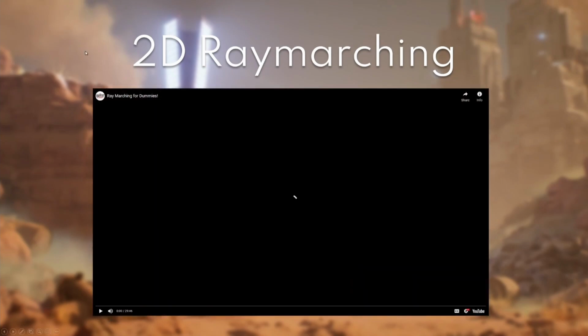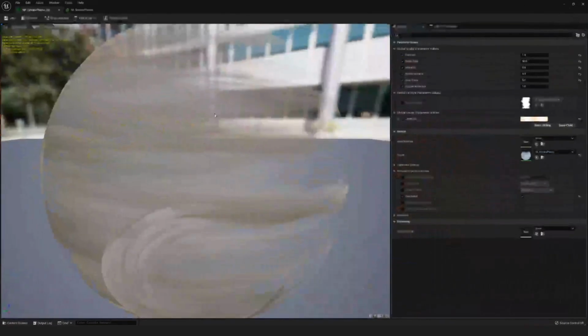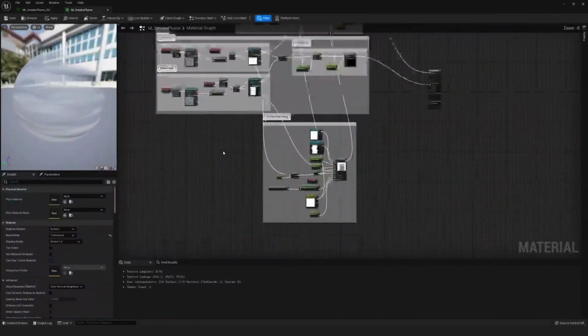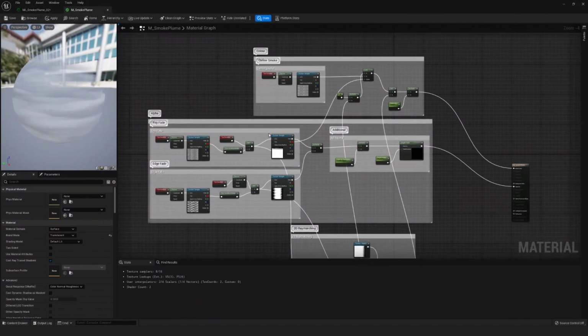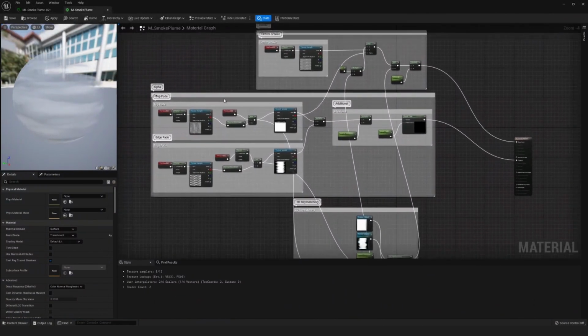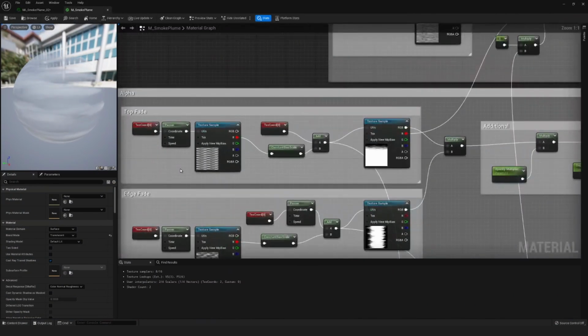But I will do my best to explain as best I can. So we're going to break down this material step by step and hopefully enable someone to remake it if need be. The majority of the material is fairly simple. I'd say there's some more complex stuff in terms of fading out the edges of the smoke. But for the most part, it's just a bunch of textures with panners on them to simulate smoke rising or